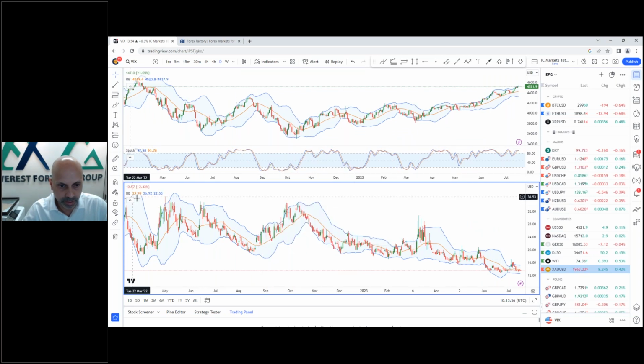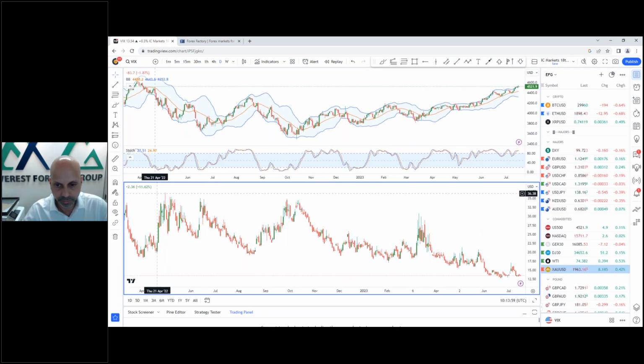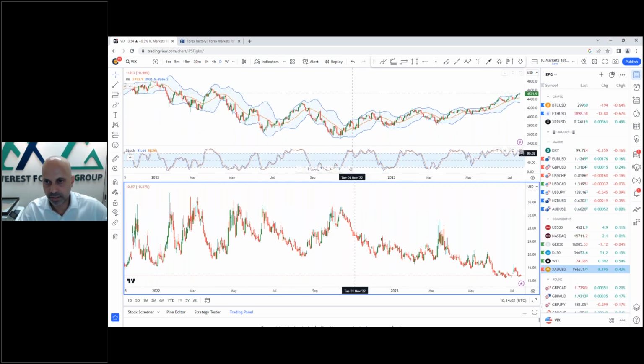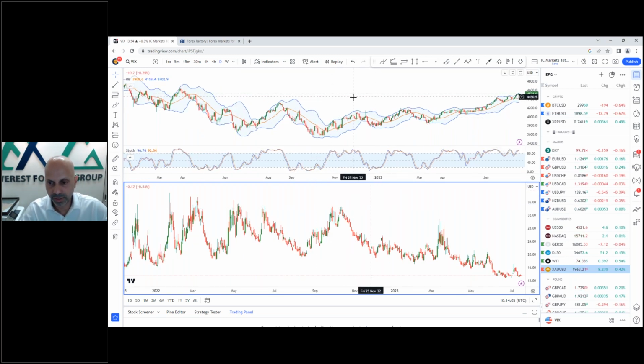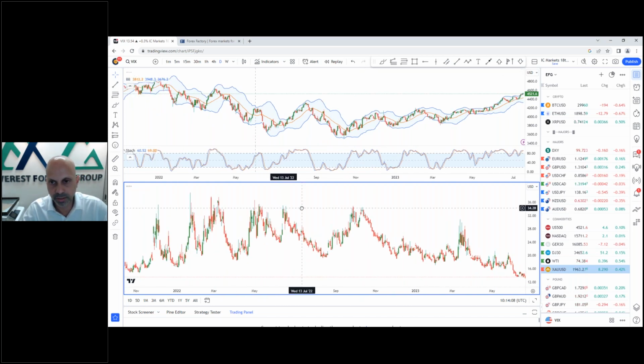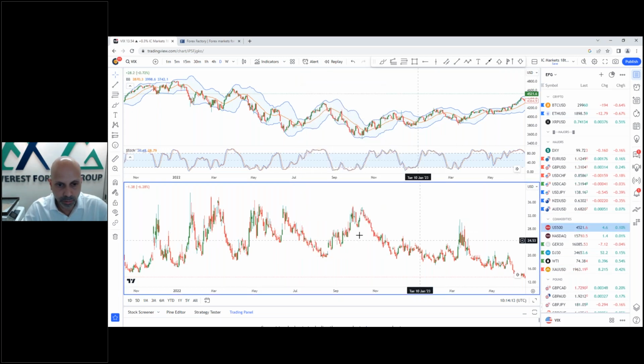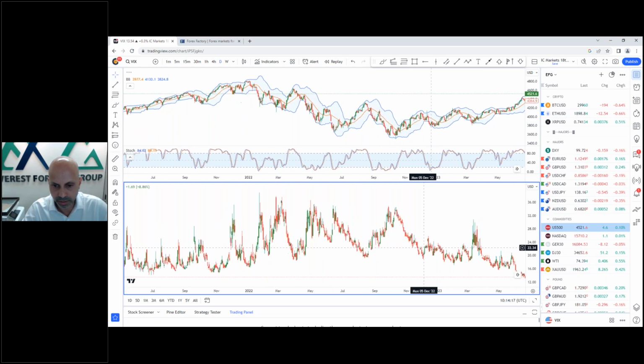I don't need Bollinger Bands for this. Okay, so everything's synced up and I'm on the daily time frame. If you're trading the indices, and especially the S&P 500, what I've also noticed over the past year or so is that whenever the VIX rises above 30, it is also potentially signaling